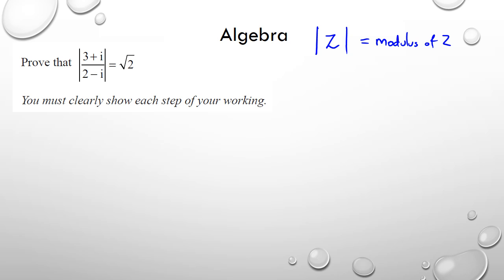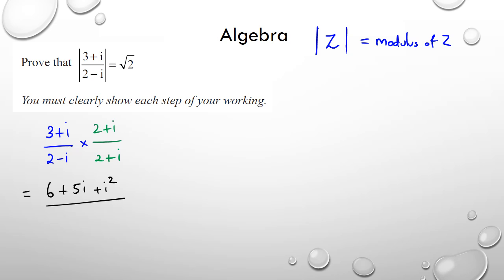So when you see 3 plus i divided by 2 minus i, what you need to do is write it as a complex number, as a plus bi. The first thing I'm going to do, because this is 3 plus i over 2 minus i, is multiply it by the conjugate, which is 2 plus i over 2 plus i, which means my numerator now is going to be 6 plus 5i plus i squared, and that's divided by